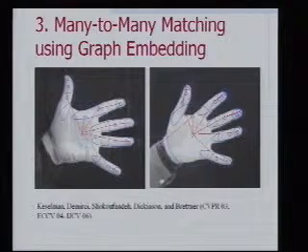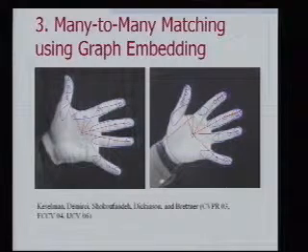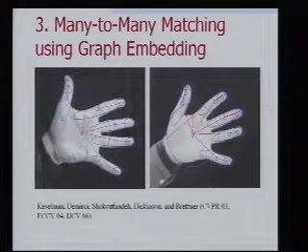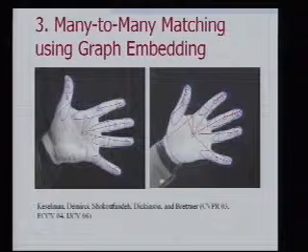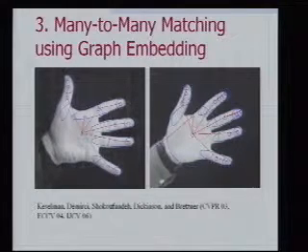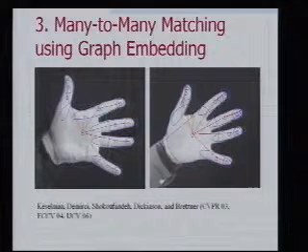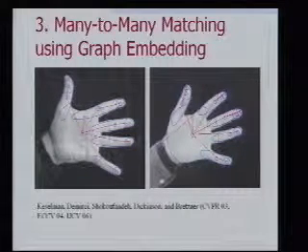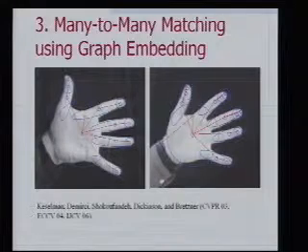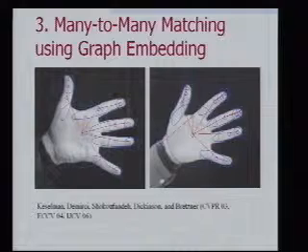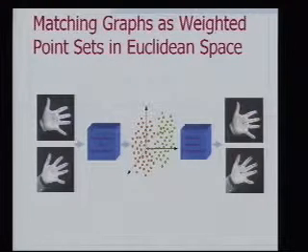All right, so the last part of the talk is this problem of many-to-many matching. So we've seen trying to compute an abstraction of the graphs and matching the abstractions. We've seen an explicit model supervised grouping using knowledge that 2 members are in the same category to drive the grouping to a common example. But how do we go back and look at the raw problem of many-to-many graph matching, where in fact, in the worst case, any subgraph here can match any subgraph there? Okay? Very difficult problem.